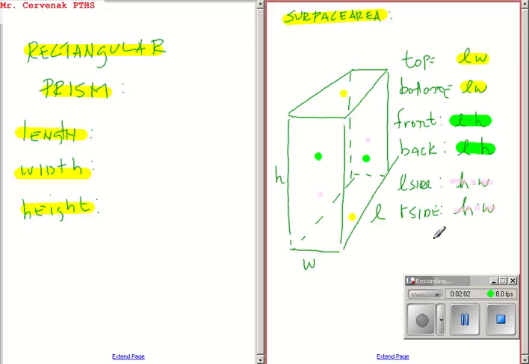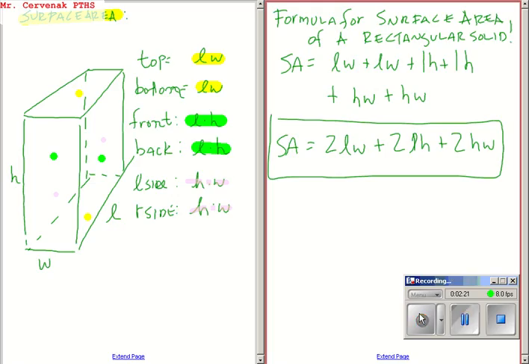So you can see a rectangular prism has 1, 2, 3, 4, 5, 6 different rectangular faces, and we can compute the area of each one using length times width, length times height, or height times width. Hopefully what you notice is when you add up each of the 6 faces,